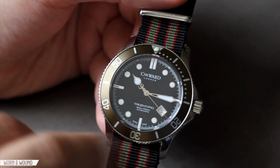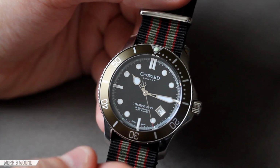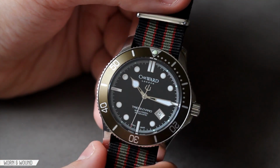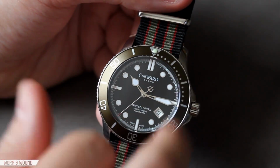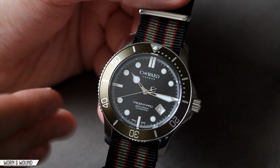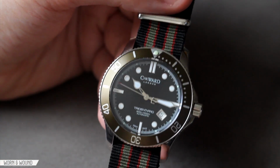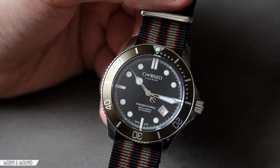Looking at the index itself, this main hour index is applied, so you have the steel rim around all these lumed circles. It's a nice little detail, adds something for light to hit. And then around the very perimeter of the watch, you have a second or minute index with really precisely divided seconds, referring obviously to the automatic movement. And that actually has a really nice vintage feel to it. You also have these little lumed dots on the very edge, which to me look like tritium dots